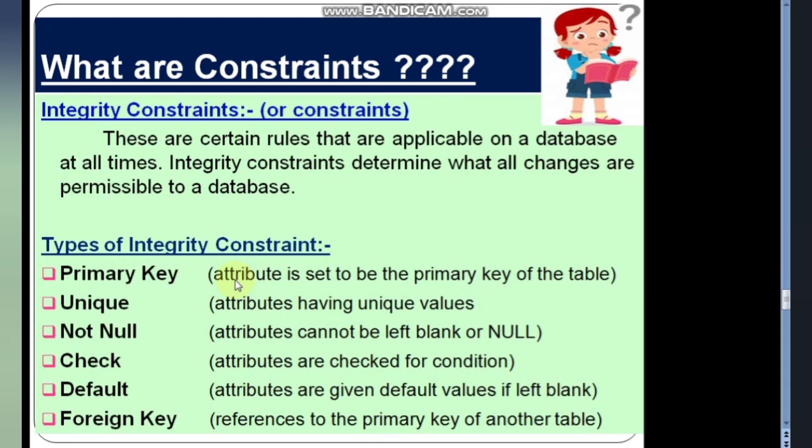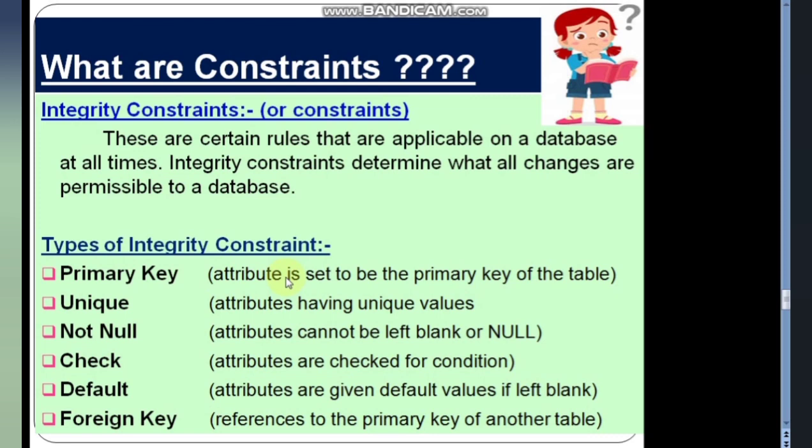So when you are creating a table, you have to mention which is the primary key of the table, because if you do not have any primary key in a table, then the table is of no use, because there will be redundant data. You will be able to give redundant data for all the fields. Then what is the purpose of that?